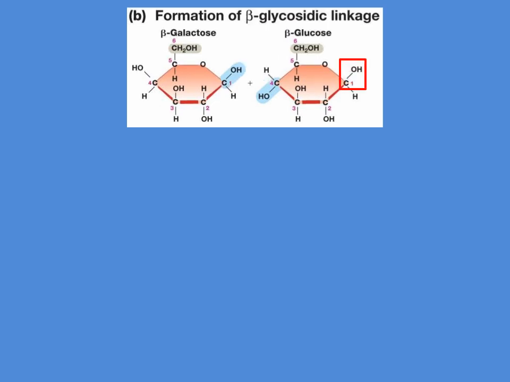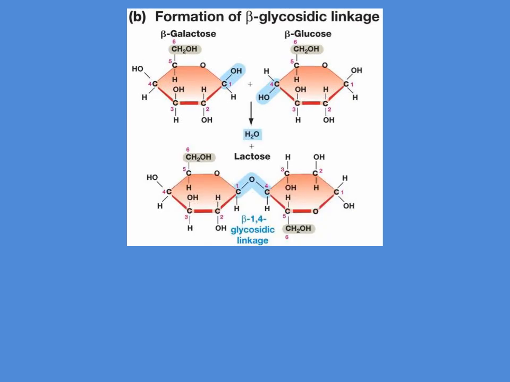Now let's take two different monosaccharides, galactose and glucose. This glucose is different, as it is the beta form, with the hydroxyl on the first carbon in the up position. Take a close look at the beta galactose. How does it differ from the beta glucose? Right, they have the same molecular formula, but the hydroxyls on the fourth carbon are in different positions, and that makes them isomers, right? And when the condensation reaction occurs, a beta 1,4 glycosidic linkage is formed, giving us the